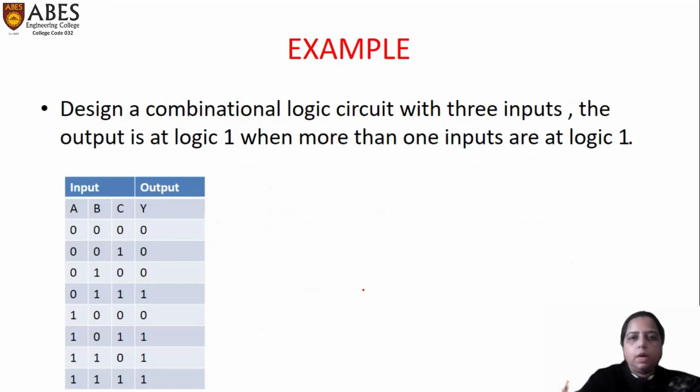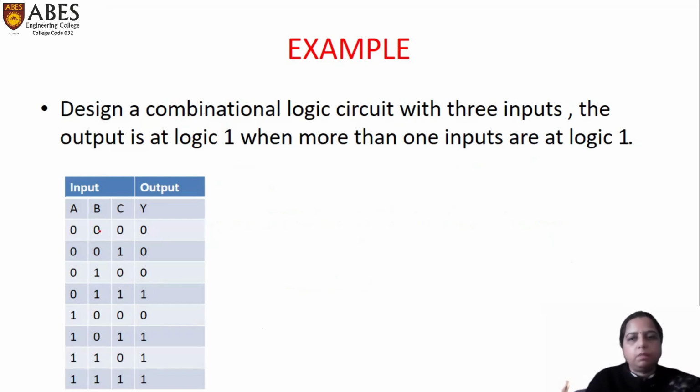So to understand this designing part in more detail, we are taking one example. The example is: design a combinational logic circuit with 3 inputs where the output is at logic 1 when more than 1 input is at logic 1. It means that in the case of